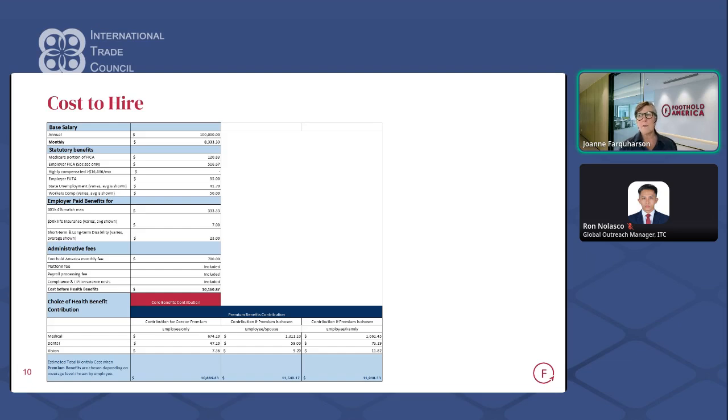So it's really important to go, well, how much is this person going to need to make for me to get the right representative for our country, or for the US expansion. It's super important because you may be betting a lot of money on an individual to have a good outcome for you. So I've used in this example a salary of $100,000 a year, which I would say